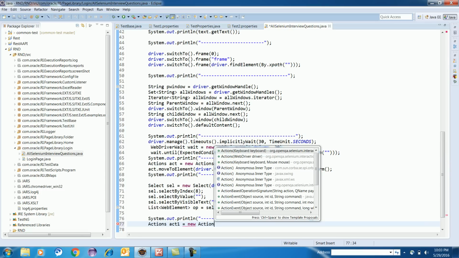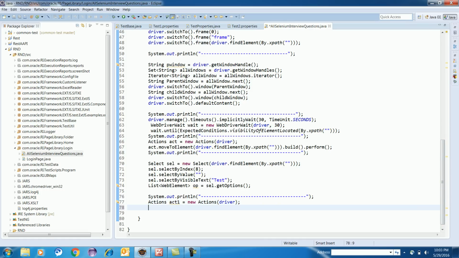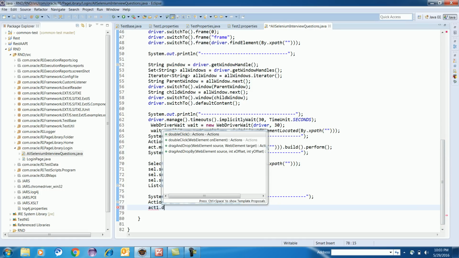You have to make the object of the Actions class. You have to supply the driver here, and this is very simple. Actually it looks tough, but it's very simple. You make the object of Actions class, then you write sct1.dragAndDrop,